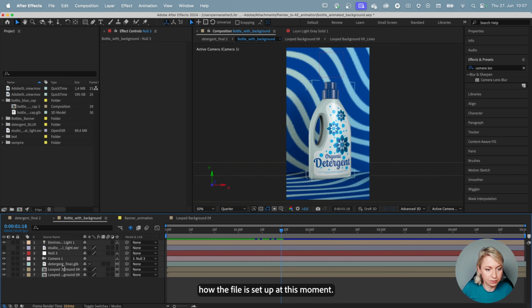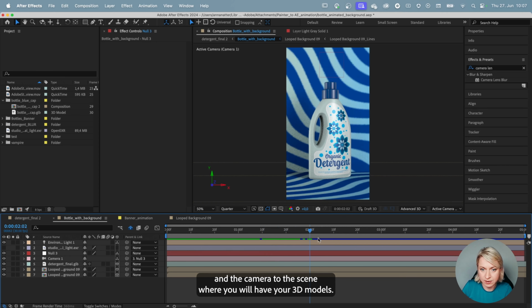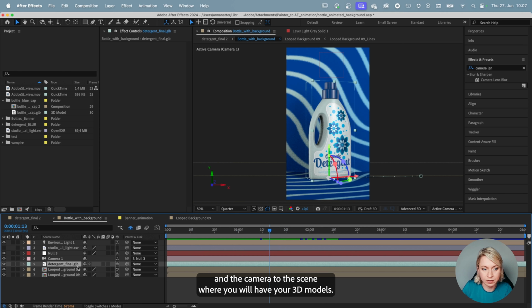So this is how the file is set up at this moment, and basically you have to add the environment light and the camera to the scene where you have your 3D models, otherwise they are not going to be affected by it.